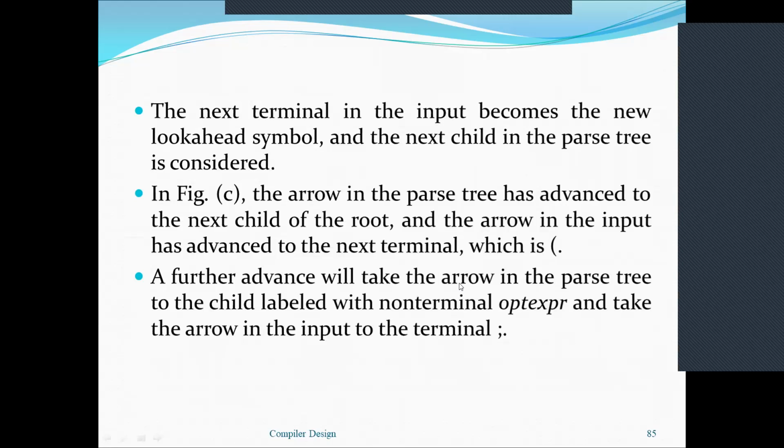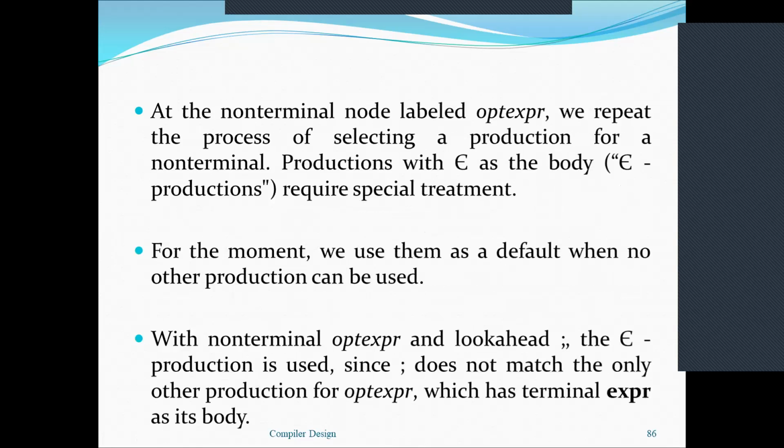A further advance will take the arrow in the parse tree to the child labeled with the non-terminal opt expression and take the arrow in the input to the terminal semicolon. This is how you proceed through each of the symbols in the parse tree, and finally it is treated as the correct parse tree for the symbol. Now at the non-terminal node labeled opt expression, we repeat the process of selecting a production for a